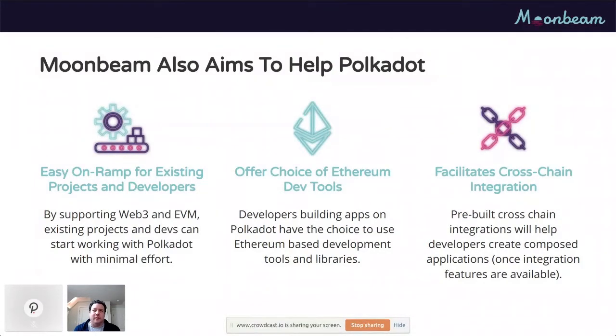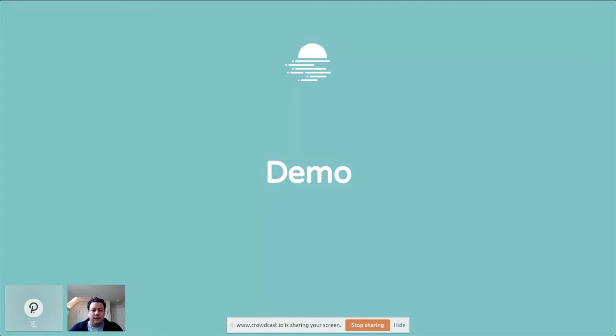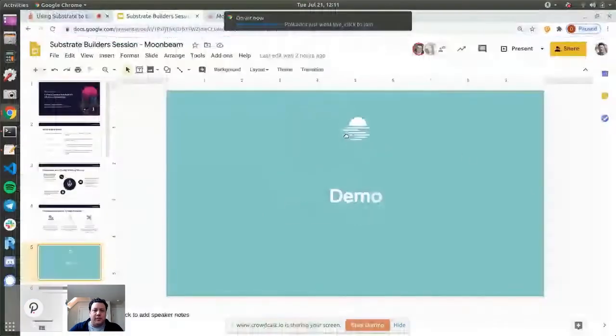We think there's going to be value in having these pre-built integrations, be they for Oracle services or even just tokens that are able to move, as those features become available. So rather than talking more about it, I thought I would just flip now to show you